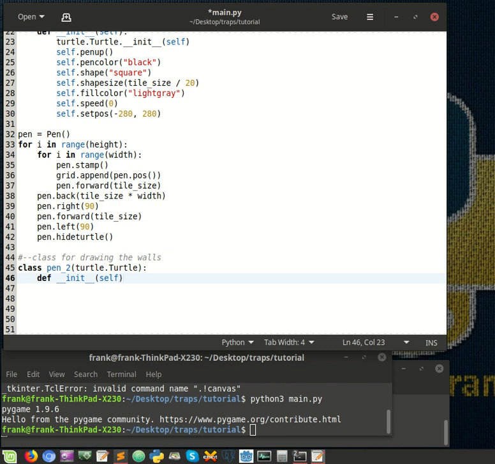method, self, and here we have turtle.__init__ and self, and again self.penup, self.pencolor is black, and self.shape of course is square, self.shapesize is tile size divided by 20,